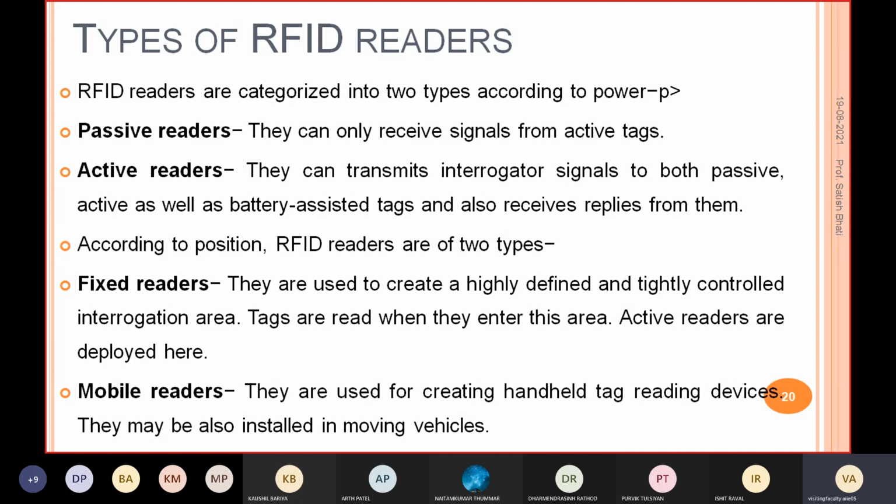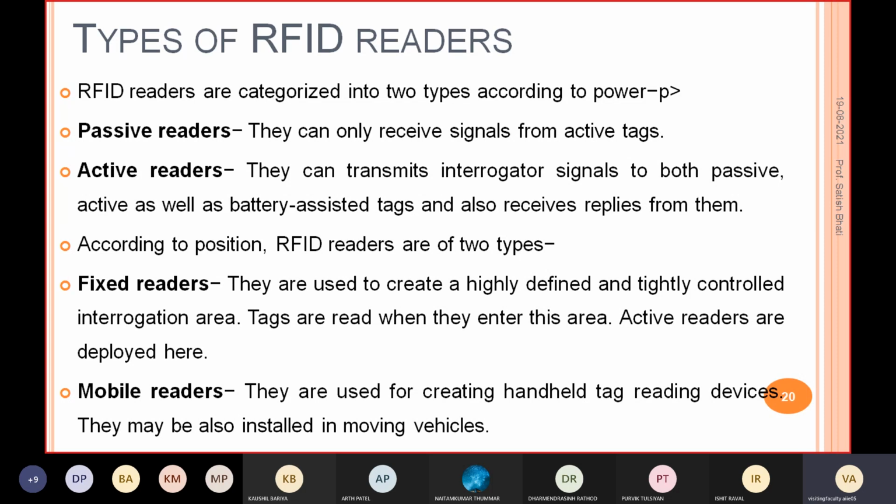Those are known as passive readers. The active reader can transmit the signal to active, passive and semi-passive tags, and can also receive the data from the tag. So active reader means they can do bidirectional communication, and passive reader means they just receive the signal.